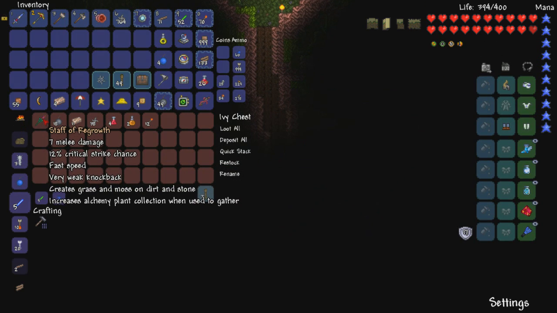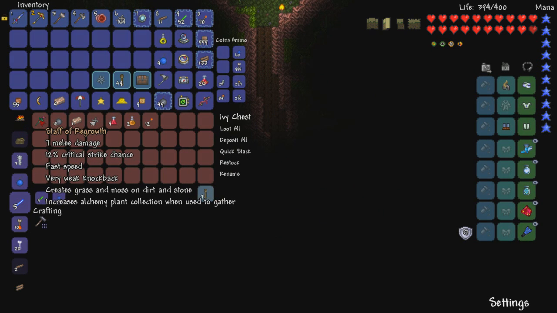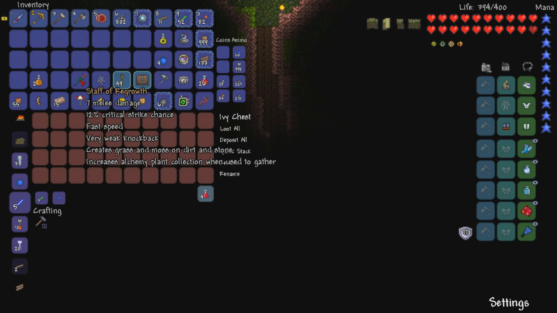We've got a Staff of Regrowth, some bombs. Alright, not really much that I honestly want. The Staff of Regrowth is just one of those passive, not really combat-oriented things. Oh, that one actually is. I thought this was the one that... Oh no, it creates grass and moss on dirt and stone, and increases alchemy plant collection used to gather. Alright, very specific usage on this one. Maybe I shouldn't have been so quick to dismiss it, but...